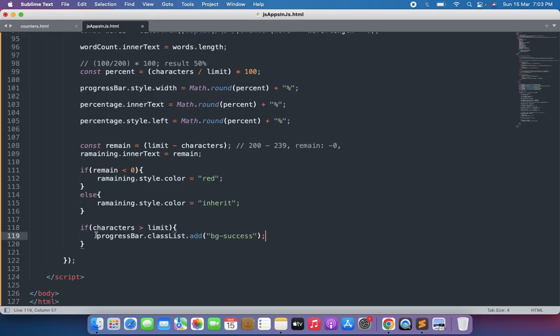Let's remove the class, so if characters is greater than limit, we will remove bg success,